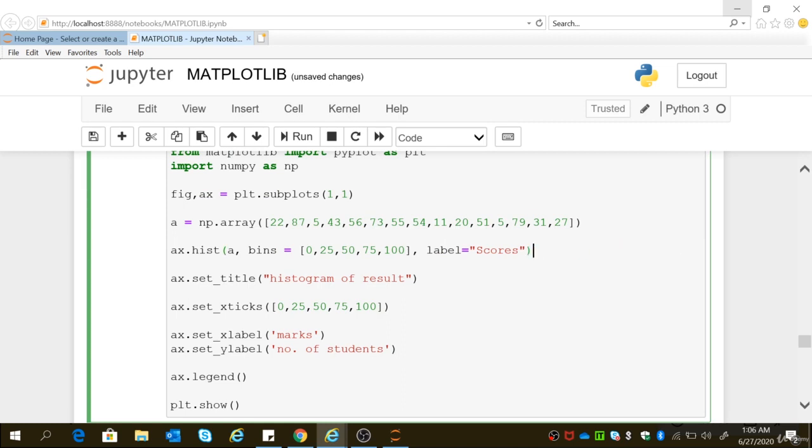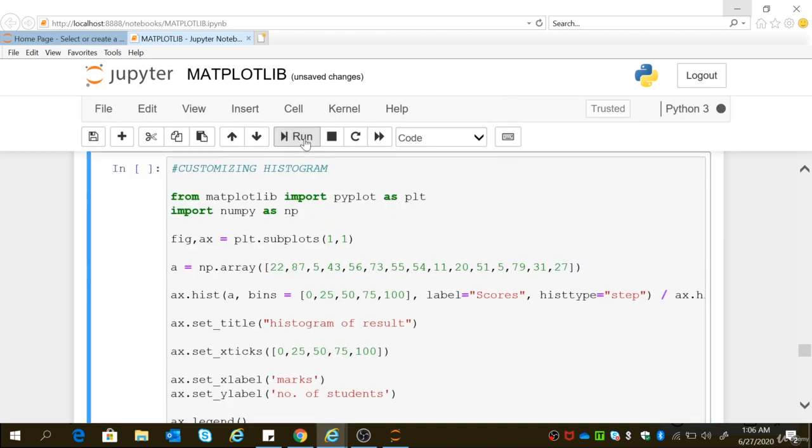So I am telling that this is how I want to design my bins. I'm very specifically telling the function that this is how I want to design my bins. Or you can simply say bins equal to 5, 10, 6, 2, 4, if you want the function to decide itself where to take the specific intervals. So if you run it,